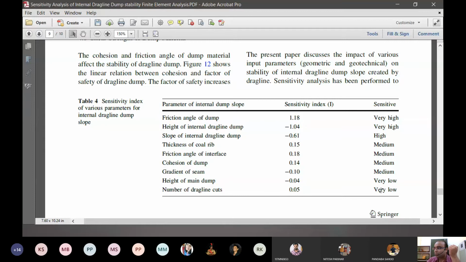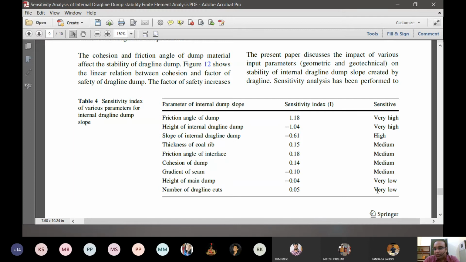So it comes in a very low category. Now when we do post failure planning or post failure redressal, these values are useful because now we know which factors or parameters we have to focus on in order to prevent any sort of future accident. So we were seeing how the number of dragline cuts or the height of the main dump,